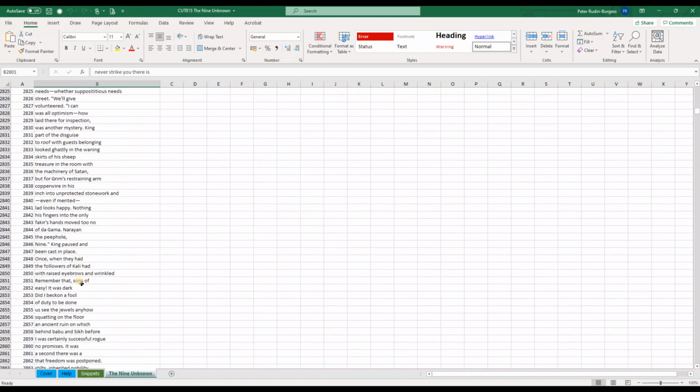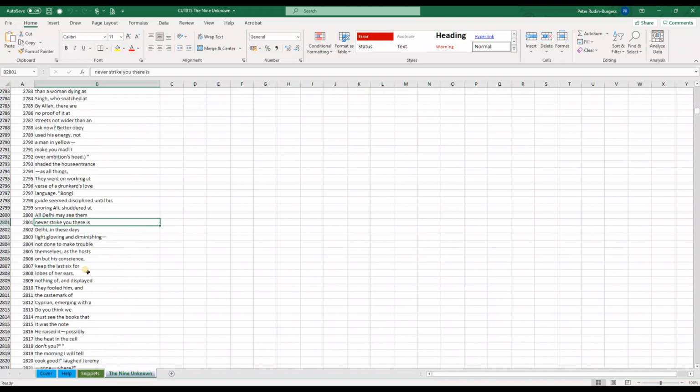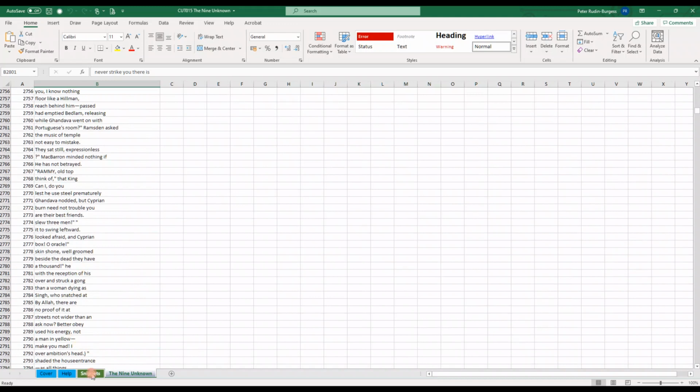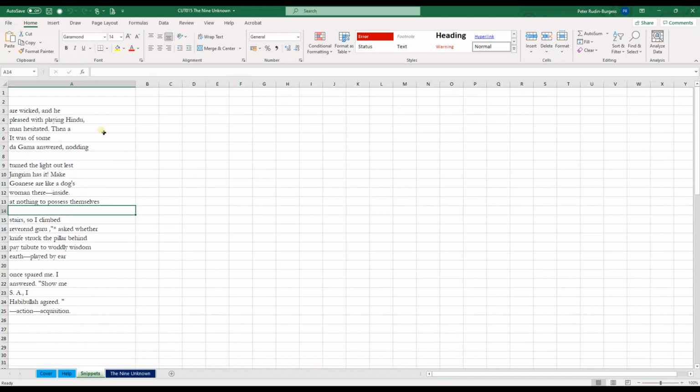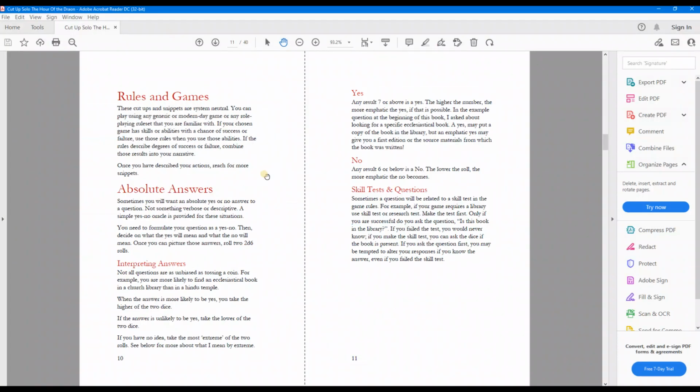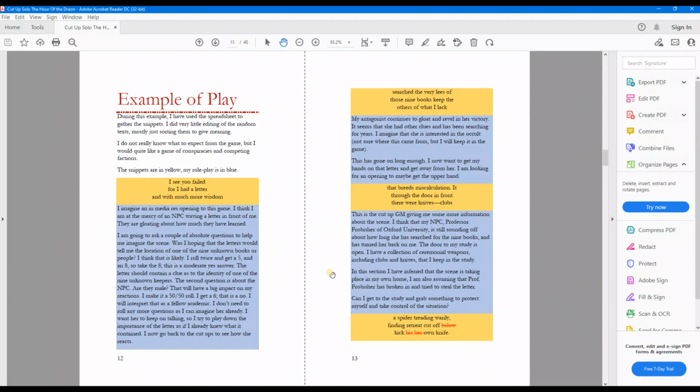And there's 21,996 snippets in here. So it's a nice sized body of work, but the snippets tab is the one you're most likely to use. So beyond that, there's a very basic 2d6 Oracle for questions, and then we've got a sample of play in here, where you can see